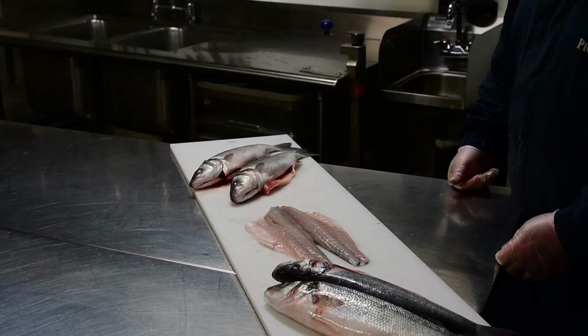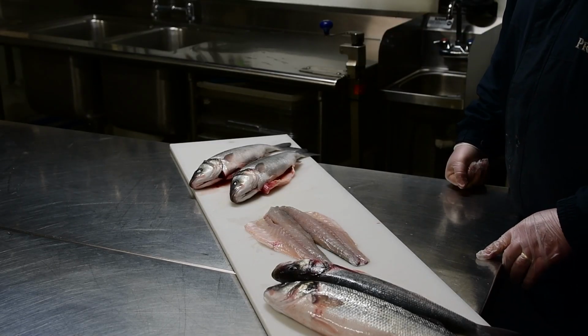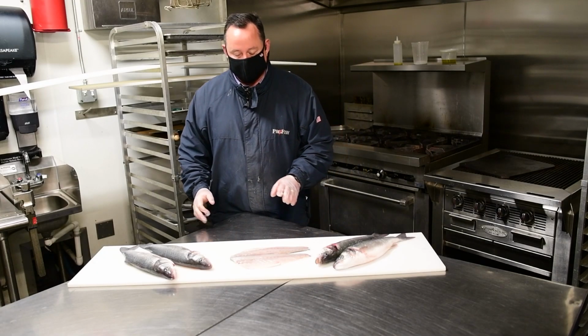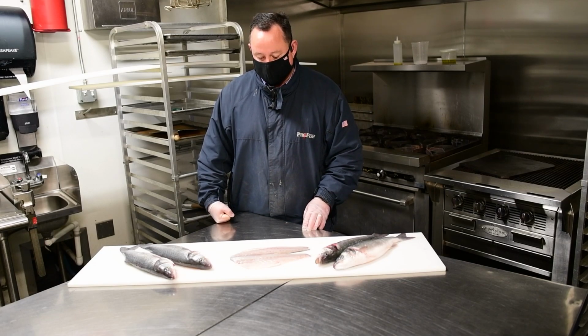Now, a few of the characteristics of the Bronzini that's enjoyable: it's a mild, sweet-tasting fish. It's flaky. It's probably got a similar taste to a red snapper, but again, extremely versatile. Easy to work with,